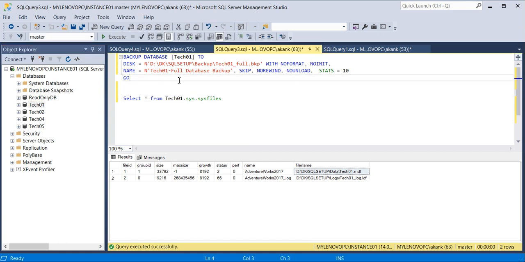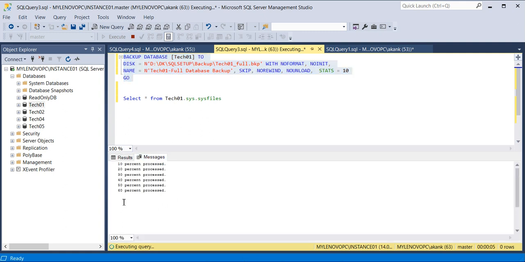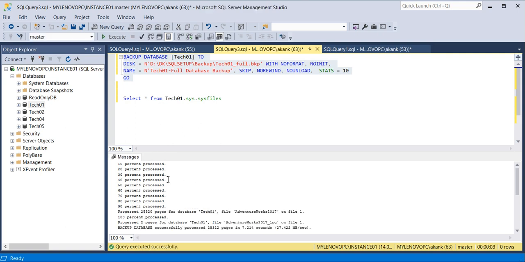But here I have written the script and I am going to take the backup with TSQL of this particular database, tech01. It is executing, 60, 70, 80% now completed. So the backup is done.